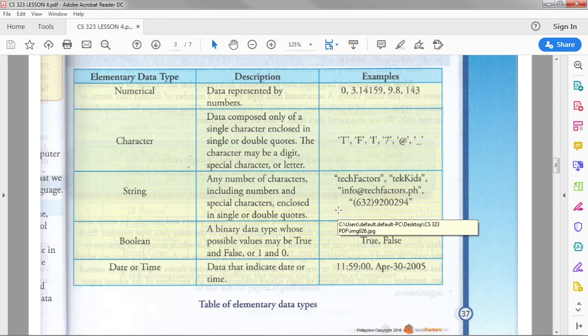So, for example, string C is equals to 5. You cannot use C to add, for example, C plus 2, mag-error siya because hindi numerical yung data type ng string. So, anong paggagamitan nung, for example, nung 5 na yun, C is equals to 5? So, it is considered as